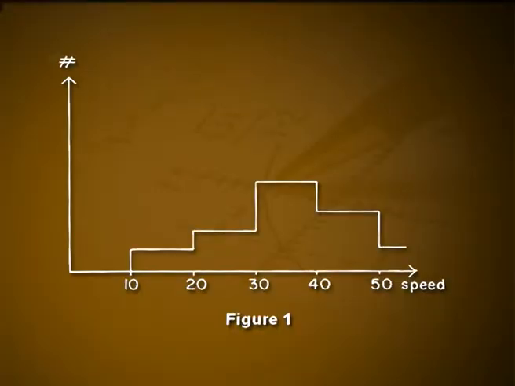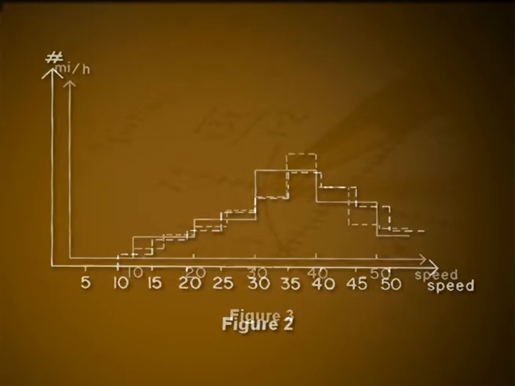The two sets of data look more similar if we plot the densities, that is the number per unit speed versus the speed. To obtain the number density from figure 1, we divide the number in each interval of speed by the length of that interval. The number densities corresponding to figure 1 and 2 are plotted in figure 3.